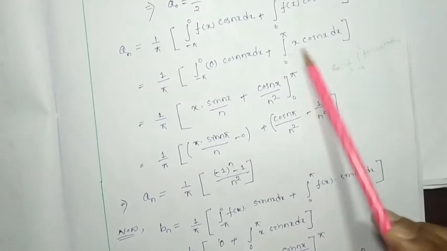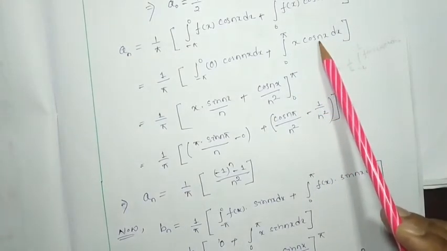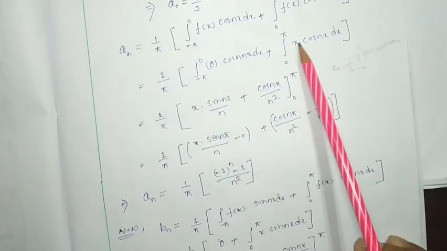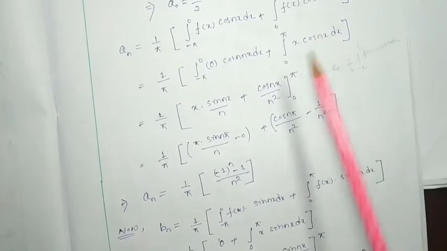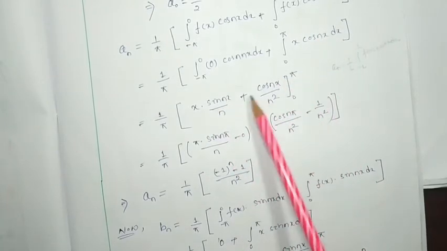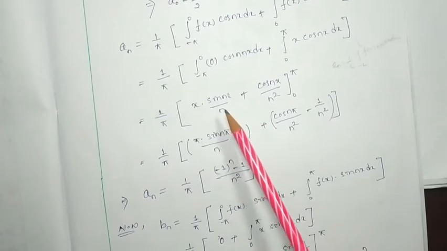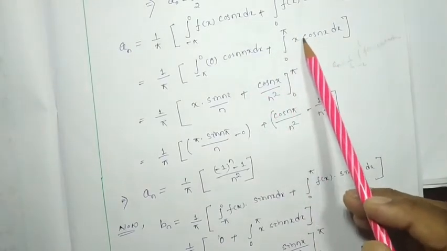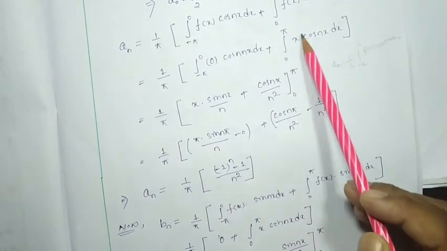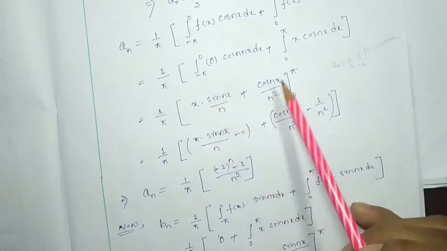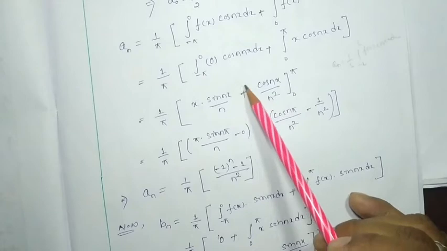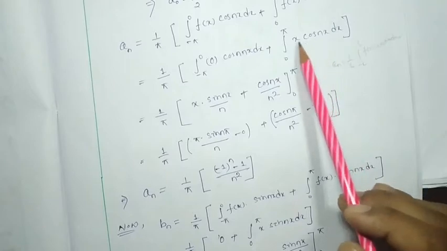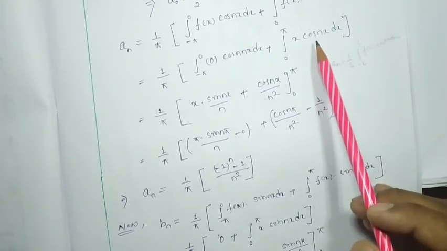By integrating this using by parts or the Kronecker delta method, this is g(x), this is phi(x), so it will be g(x) into the integration of this one. Integration of cos nx will be sin nx by n, minus g dash x, which is 1, and the integration of this one will be minus cos nx by n square. Already a minus is there, so it will be plus cos nx by n square. Either you can use by parts for this integration or you can use the Kronecker delta method.